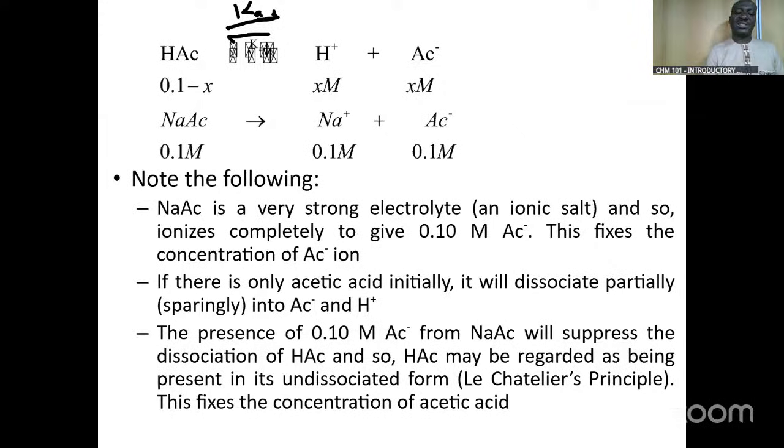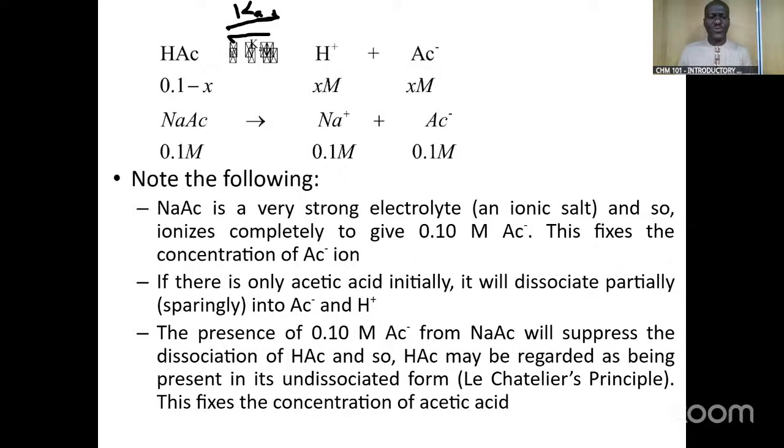in solution with hydrogen ion and acetate ion, if X of acetic acid has been used up, ionized or dissociated, then X of hydrogen will have been formed and X of acetate ion also formed, such that at equilibrium you are left with 0.1 minus X of acetic acid, and of course we have X of hydrogen and X of acetate ion. However, for sodium acetate, because it's a sodium salt,